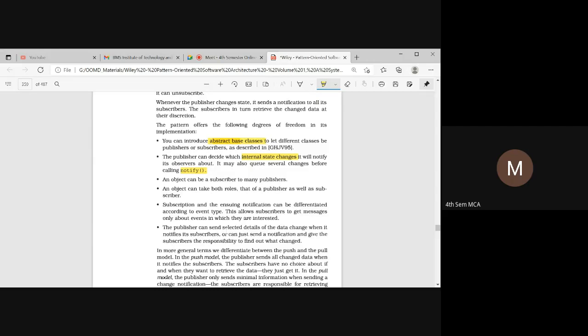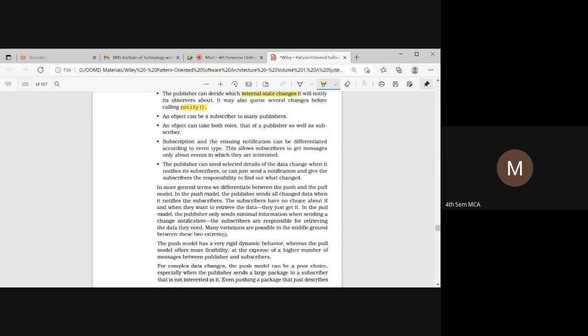And next thing is, the publisher can send selected details of the data. Whatever details a subscriber is specifying, all the specified notifications of changes in our data will be sent to the subscriber.